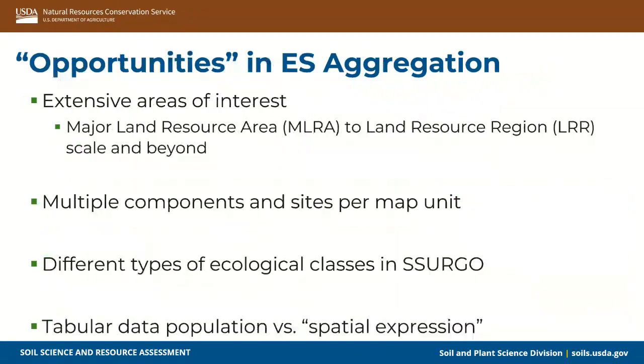So I originally titled this slide Problems in ES Aggregation, but really I think these are opportunities. These are ways for us to emphasize the depth and breadth of our data and our products, and be able to respond to the needs of our users, which often are beyond some of the details that we're working with on a day-to-day basis. So some of the opportunities we have for wrangling this ecological site information are